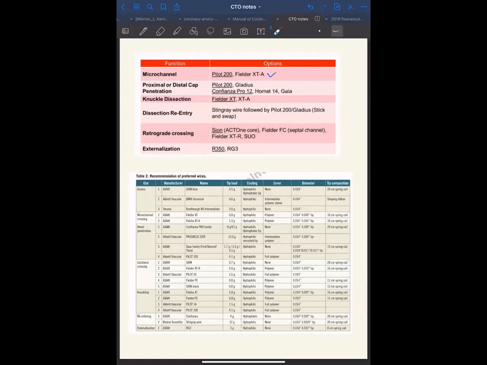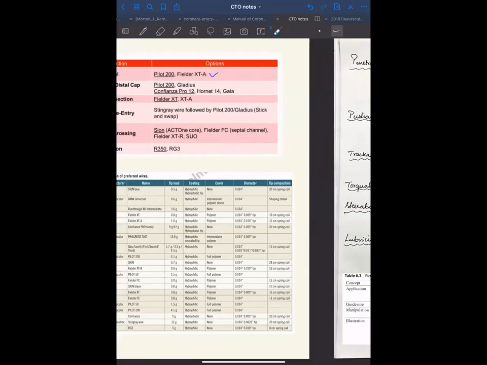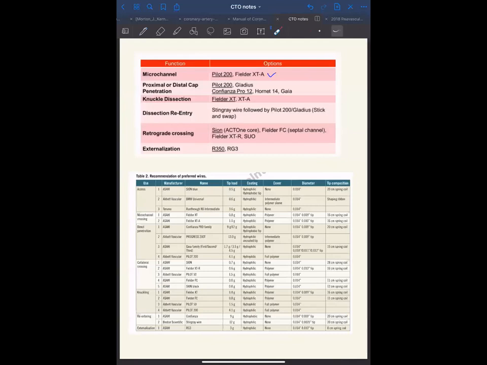I just want you to make note that there is this tip, so the diameter here is mentioned. For direct penetration, this alone we can focus on now. For direct penetration, we usually use tapered guide wires. So the guide wires with the tapered tip have the highest amount of penetration power. That is what we need to know right now.